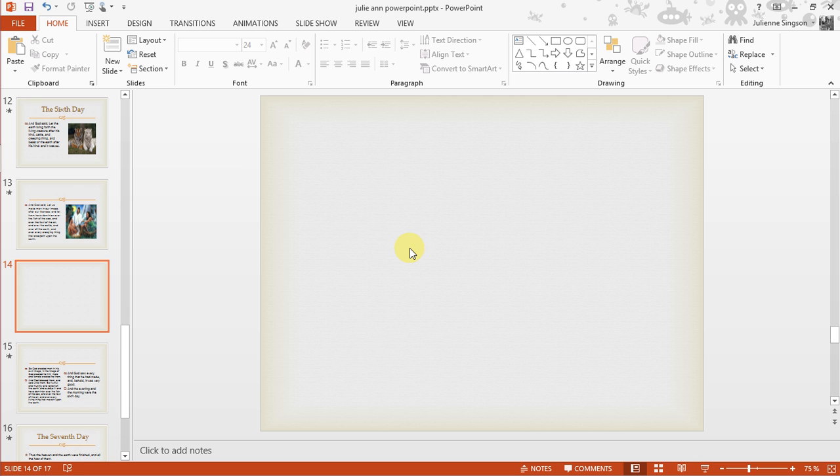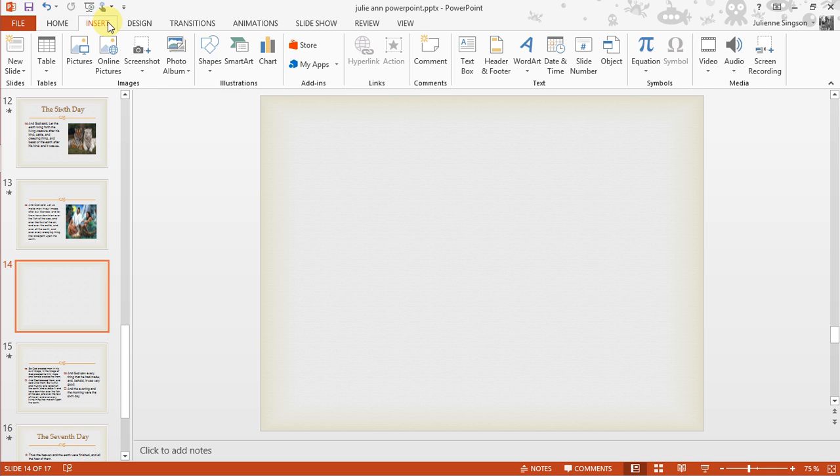PowerPoint allows you to capture an image of an entire window or a screen clipping of part of a window. To insert screenshots to your PowerPoint, we use screen clipping from a window. First, select the Insert tab, then click the Screenshot command in the Images group. Then select Screen Clipping.